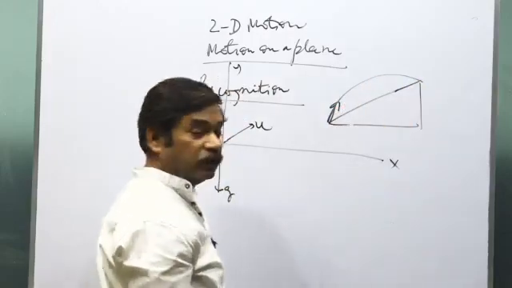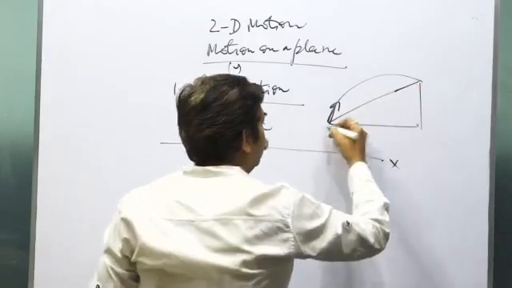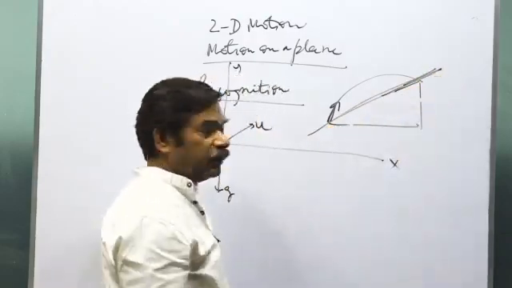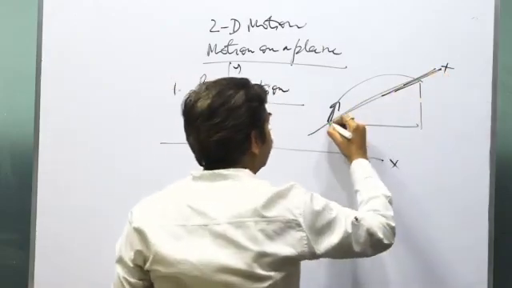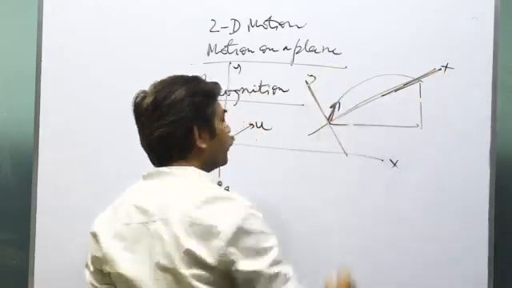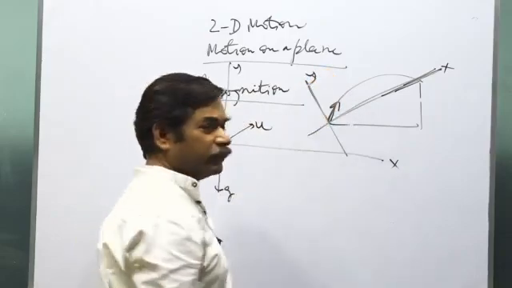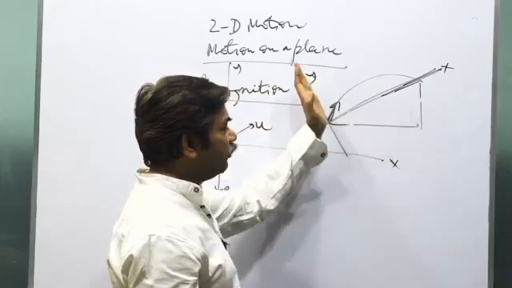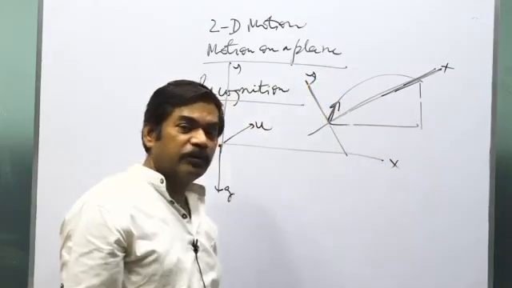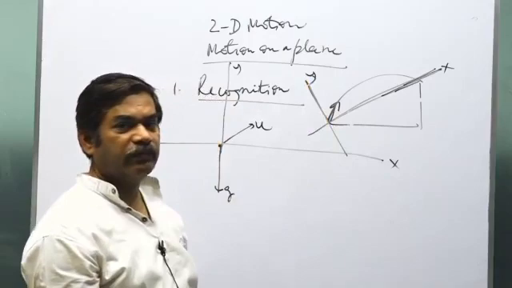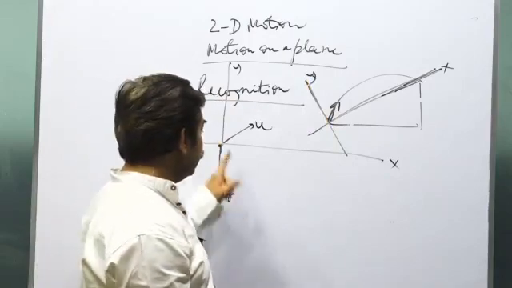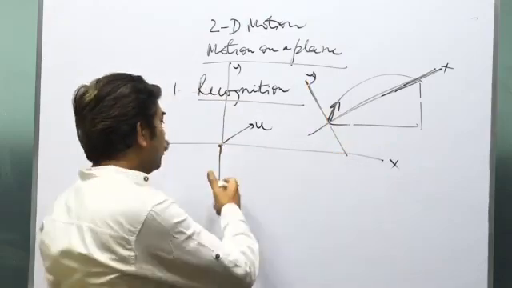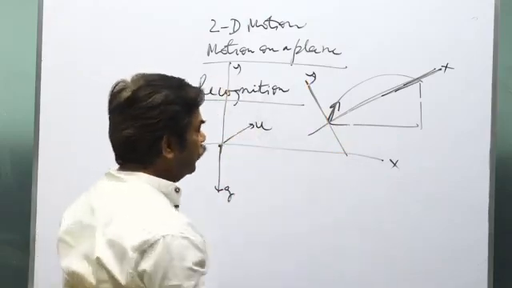In this case, when this is on an incline, we take the x direction and y direction along the plane, in the direction of the plane. Though it is not a law, the law is only this: you consider two mutually perpendicular directions. But in 99.9% of cases, if it is a motion on the ground, we take the horizontal direction as the x direction and the vertical direction as the y direction. And if it is on a plane,